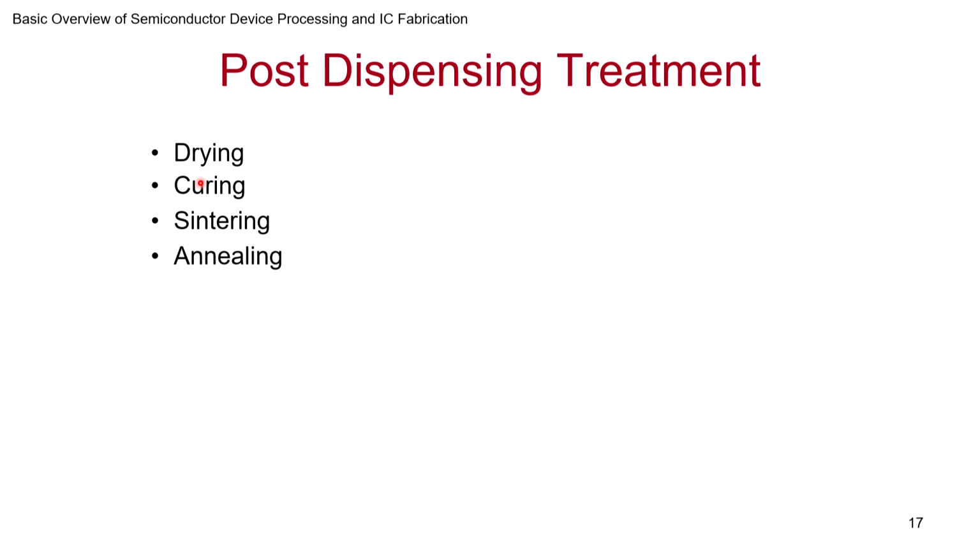Annealing is a heat treatment which changes the physical and sometimes even the chemical properties of the materials, and increases or reduces the ductility to make it workable for what you want. This annealing process requires the material to go above what is known as the recrystallization temperature for the material, and then you bring it below that. So annealing is a specialized thing, and that's a more generic method that can be done. Depending on what you are doing, you may have to choose drying, curing, sintering, and annealing.